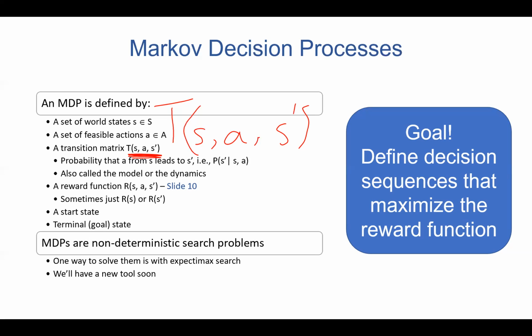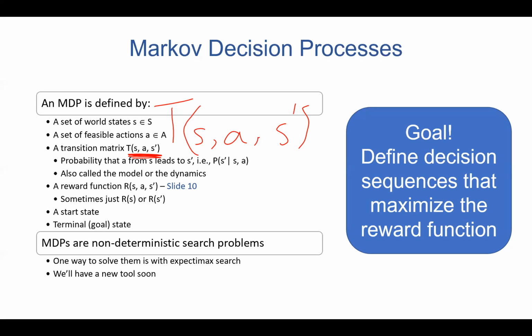So we're going to build this lookup table that is going to be very similar to the probabilities that we covered in expectimax search. But what we're going to include today is actually the reward function. Okay, the reward function. And we're going to talk a little bit more about the reward function in the coming slides, how we can embed that to expand our expectimax search into a complete MDP.